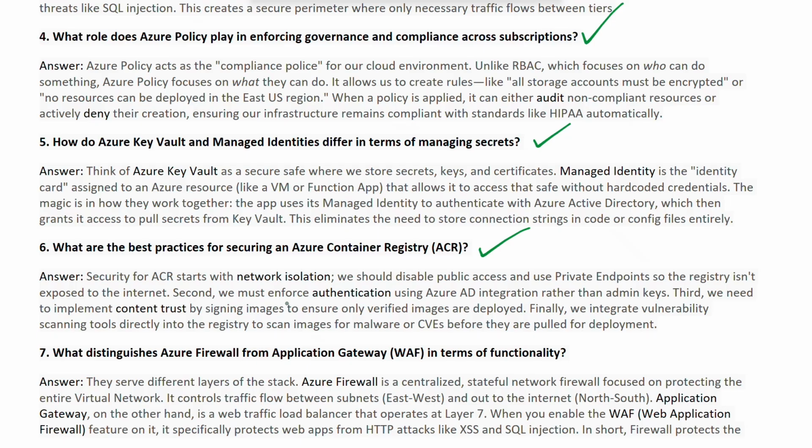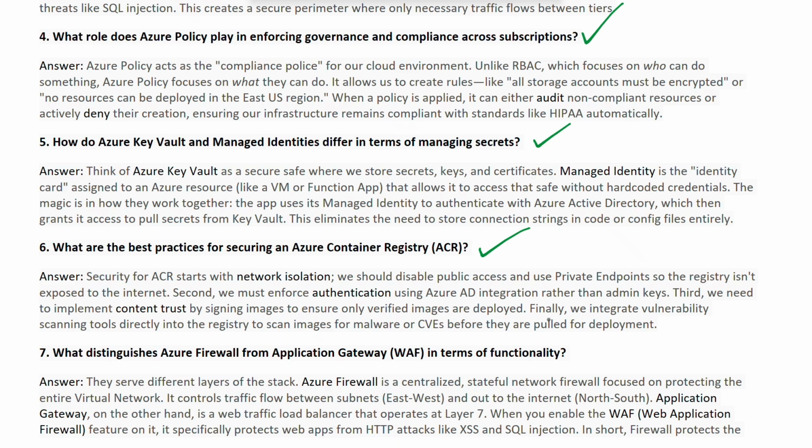And the second thing is we must enforce authentication by using Azure Active Directory integration rather than the admin keys directly. The third thing is we need to implement content trust by using properly signed images, to ensure that only verified signed images are deployed.